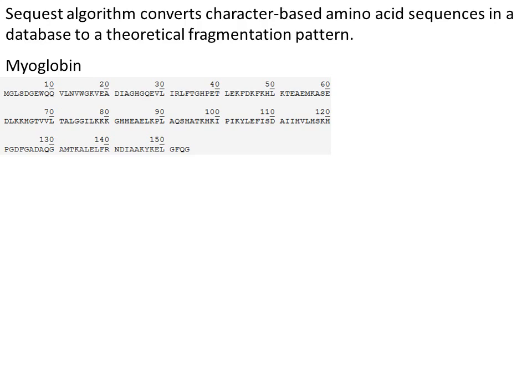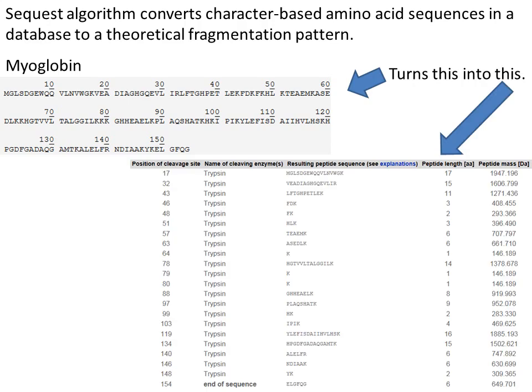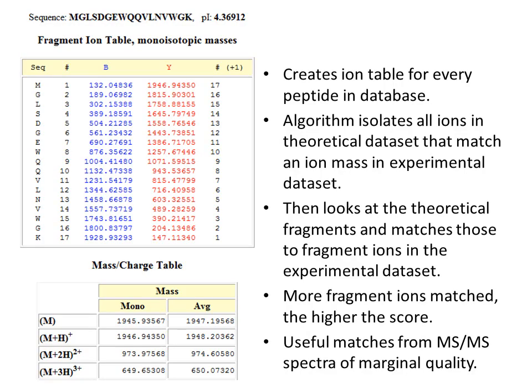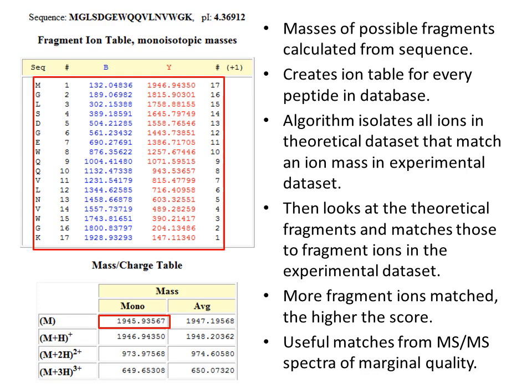Using the example of myoglobin, the search algorithms can turn this into this, and this happens for every sequence in the database. Once we have the sequences of these theoretical peptides, we can calculate the mass of each peptide by summing the amino acid masses. We can then calculate the masses of the fragments that could be generated if the peptide was selected for fragmentation. The software will repeat this for every protein sequence in the database, making a list of theoretical peptides and their calculated mass, and then calculating the mass of the possible fragment ions that could result if the